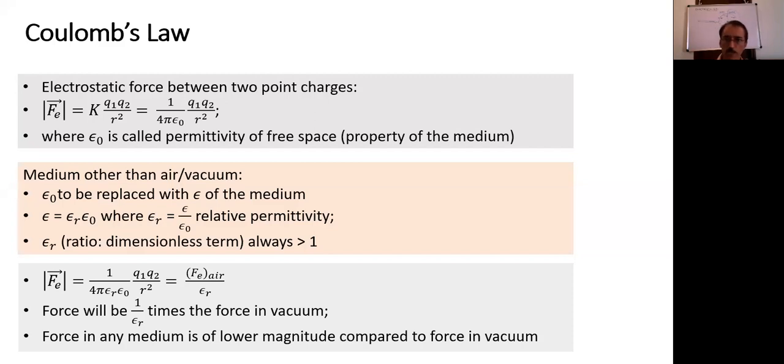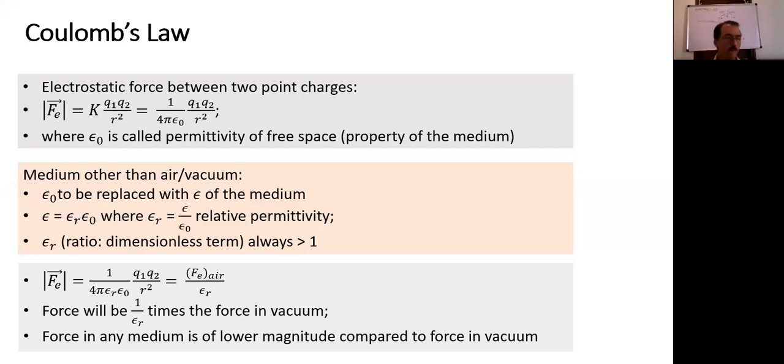Yes, Vignesh. What exactly is permittivity, sir? Permittivity is a property of the medium, as simple as that. Permittivity is a property of material. There's nothing else. Basically, what is mass? Mass is mass kind of thing. So permittivity is a property which affects force between two charged particles. There's something called dielectric and all, we come to that later, but as of now, we understand it is a property of the medium.